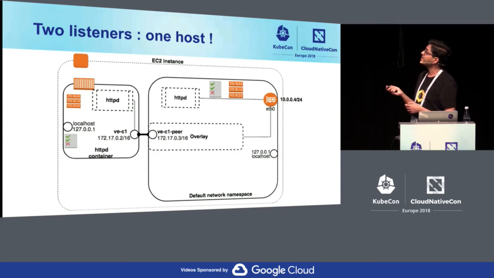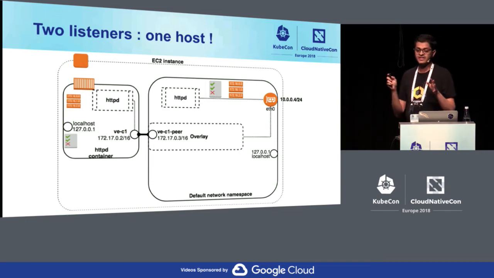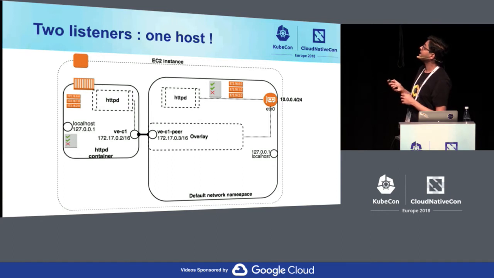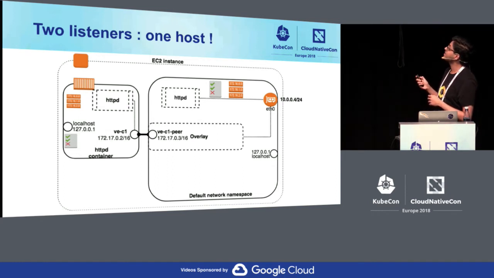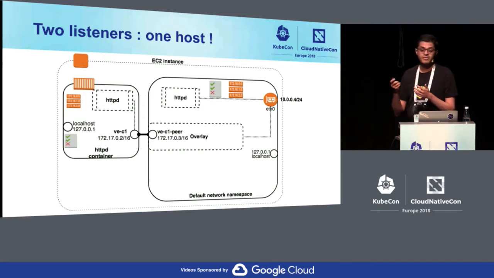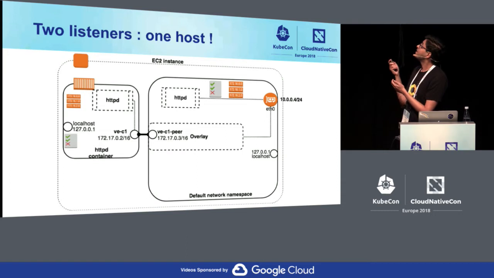And the VE-C1 pair actually belongs to an overlay. This can also be a bridge or a NAT. I'm using the term overlay in a generic sense here. And you have a connection from this overlay to the H0 interface. And now this HTTPD container can receive traffic from the internet or wherever this endpoint is connected to using this